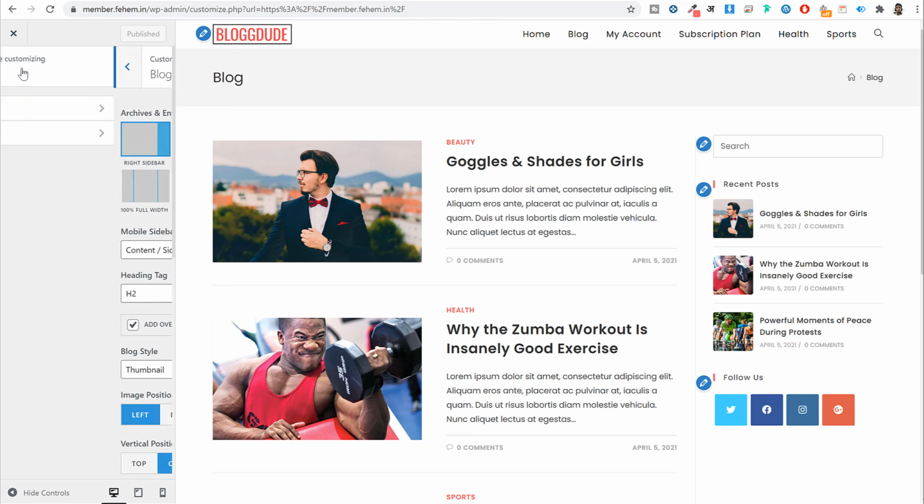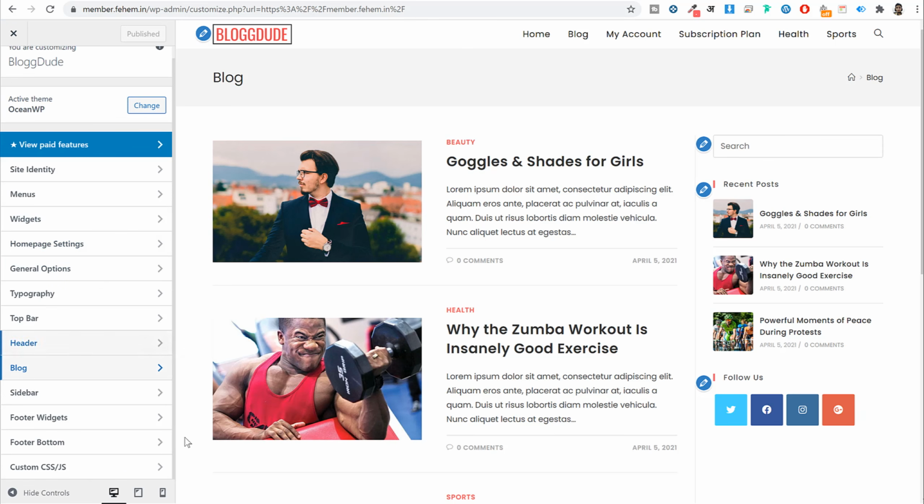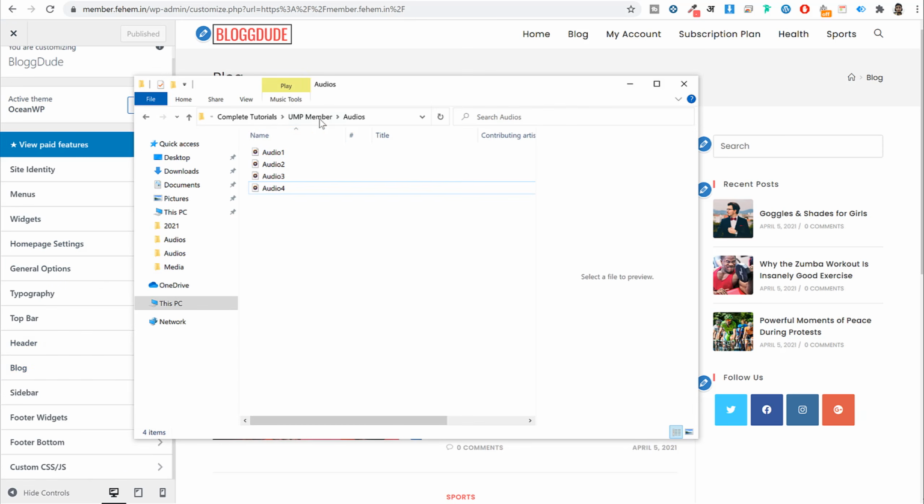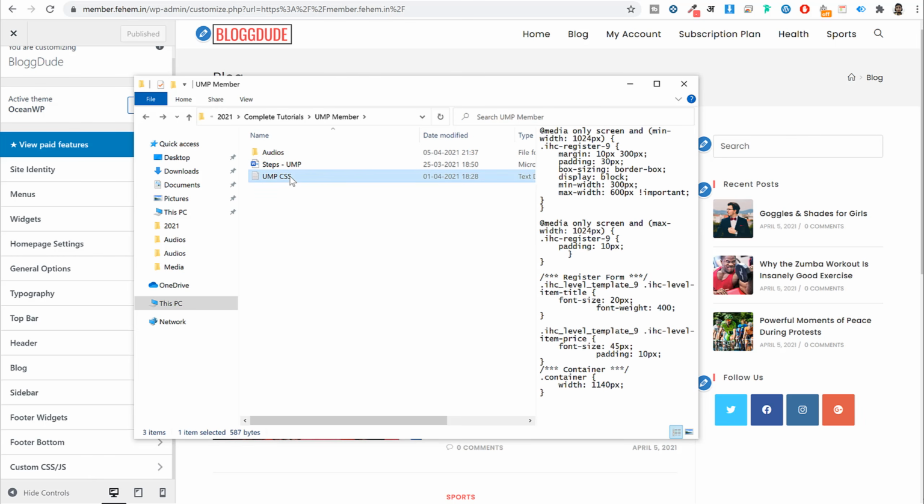And finally, if you just come back, there will be a CSS file given to you. In the file that you have downloaded, wherein you have all the images, you'll also see one thing given to you, a CSS file. Let me show you that file. So this is how this file will look.